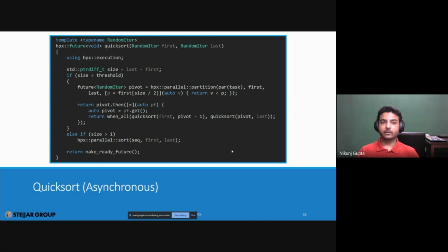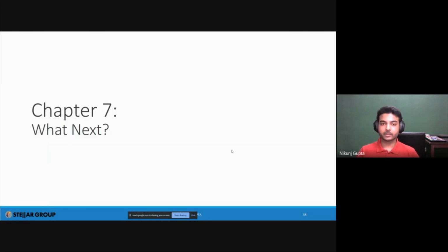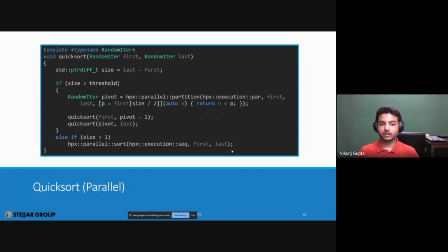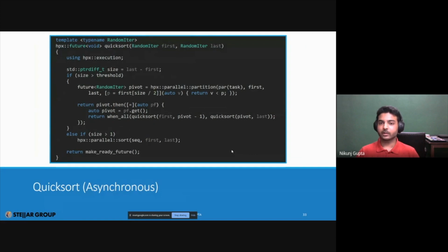Now again, what I've shown here are very basic examples and basic APIs within HPX. You can do a lot more with HPX, and I'll come to that in the next chapter. But just to make sure, did you understand how we went from serial to parallel to asynchronous code? Or if you have any questions, you can go ahead and ask right now.